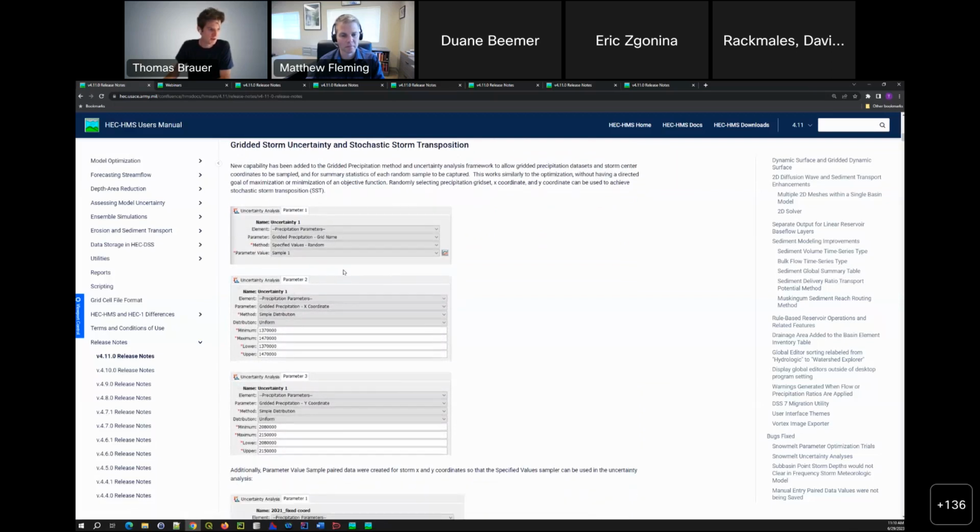So what we can do here is sample both the X coordinate and Y coordinate. Another cool thing is we can actually sample the grid set that we're using. What this gives us is the ability to do what's called stochastic storm transposition. It's another hour-long discussion, but in short, we can start with a grid